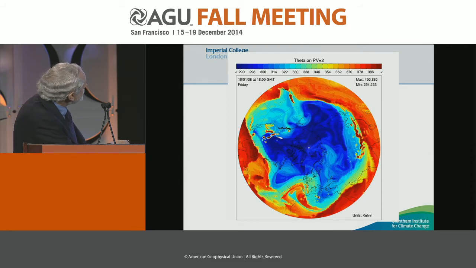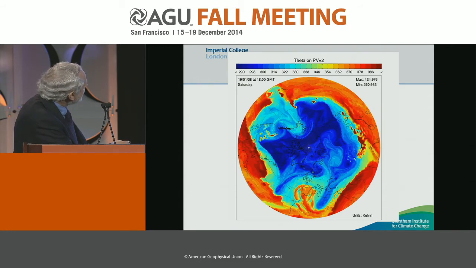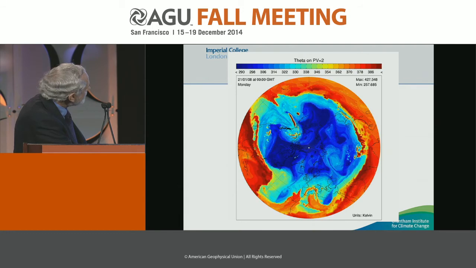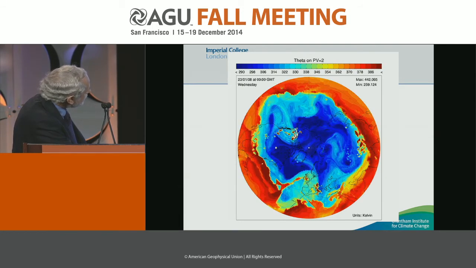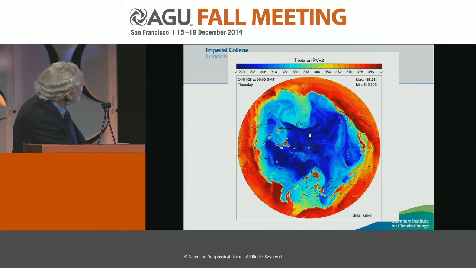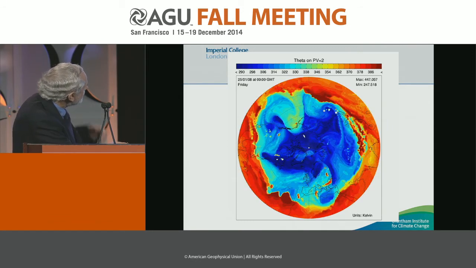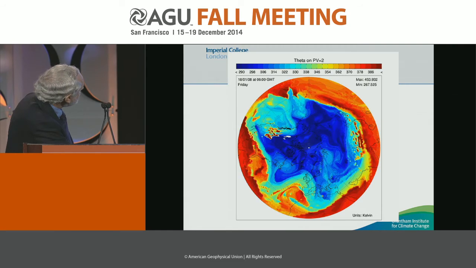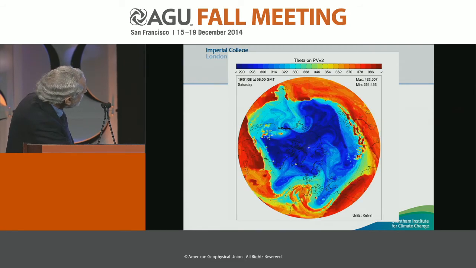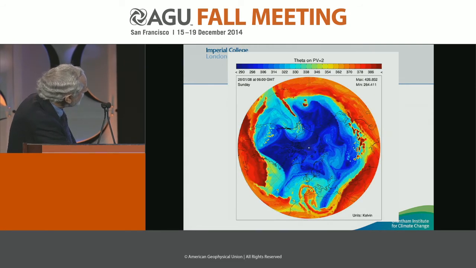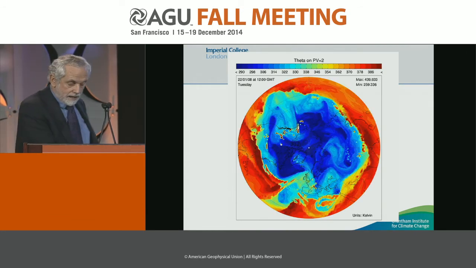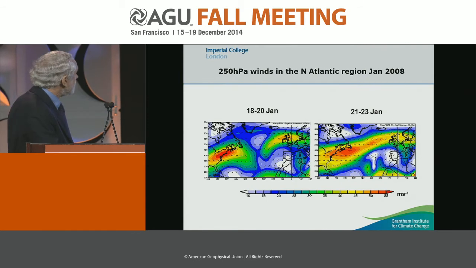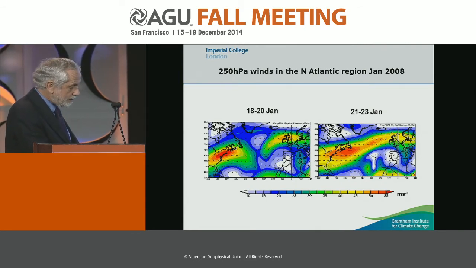But now if we look at this, it's starting on the 18th, and I'll run it a couple of times, but what we see is this very strong progress of flow into the North Atlantic region here. And that happens in this period here. So it's going to be 1 week. It starts on the 18th, and this region here propagates into the North Atlantic and out towards the UK here. And the change in the flow, from the 18th to 20th of January,